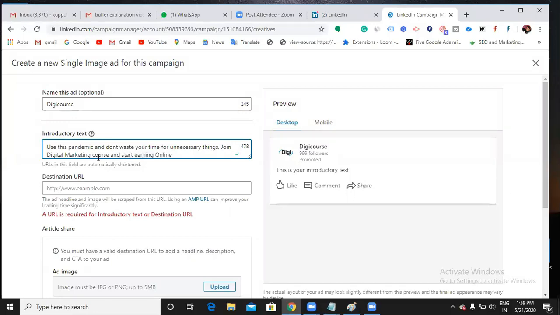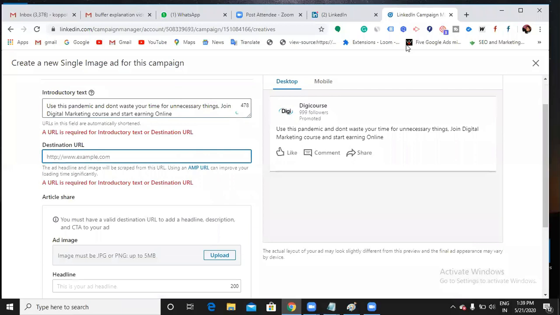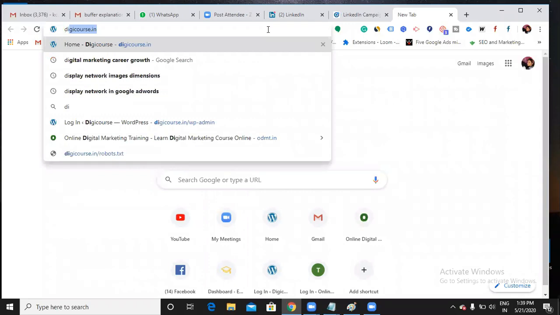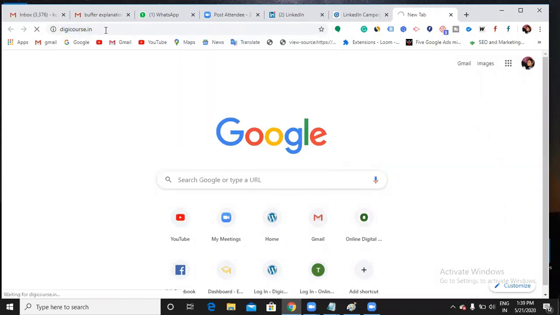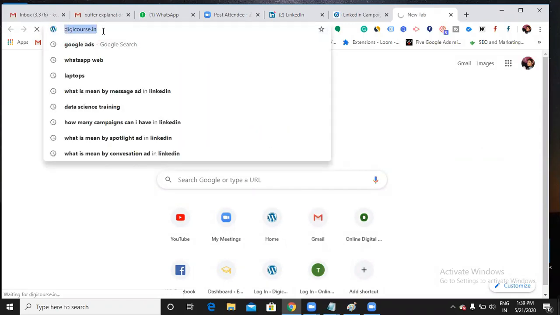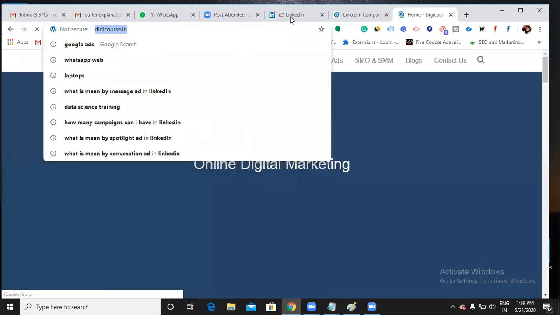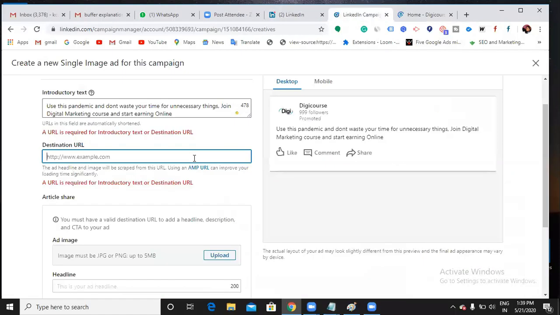What is meant by destination URL again? It's our website where you want the conversions or the traffic to go. Which page you want the customers to be redirected to. Yeah, redirect the customer. Yeah, the landing page simply. Okay, the next.